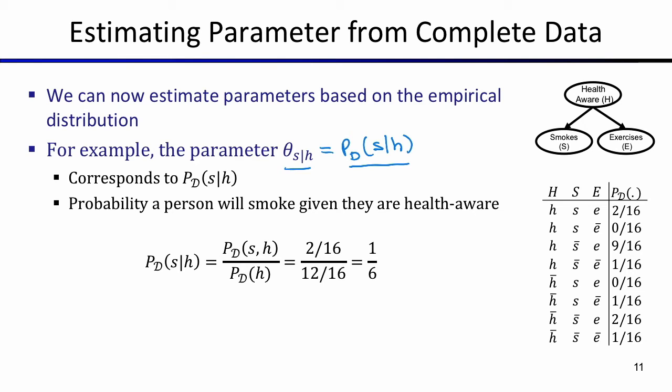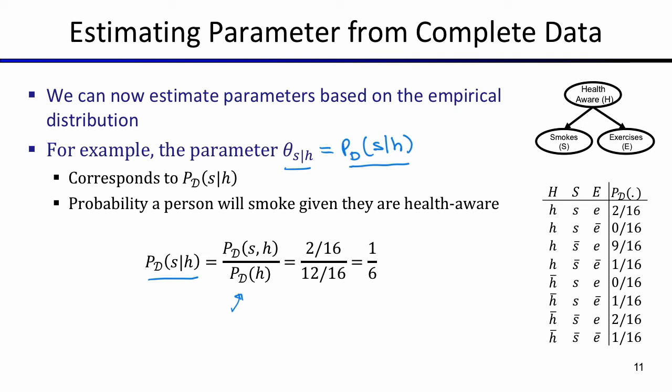So we know that this conditional probability here is going to be the ratio between the probability of being health aware and a smoker at the same time divided by the probability of being health aware. So we saw this. This is basically the definition of the conditional distribution, and we can start computing this. So we can look at our empirical distribution. We can eliminate the variables that we are not interested in by summing out the variables, and we come out with these